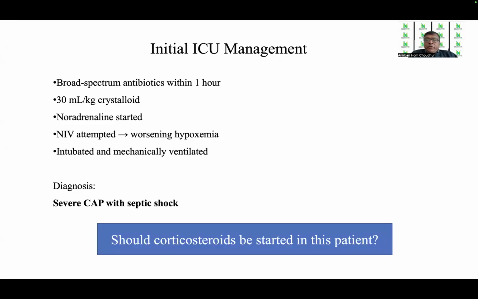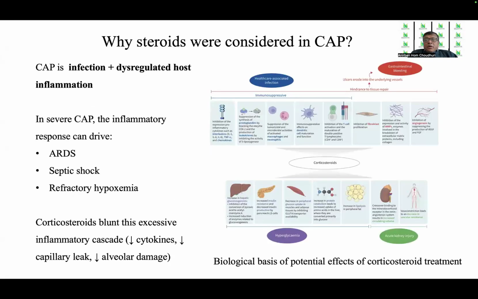Now the question which needs to be answered here is: should corticosteroids be started in this patient? In the first place, why were corticosteroids or steroids considered in patients with community-acquired pneumonia? This is because community-acquired pneumonia is not a manifestation of infection alone. It is a consequence of both infection plus dysregulated host inflammation. And in severe community-acquired pneumonia, the inflammatory response can drive ARDS, septic shock, and